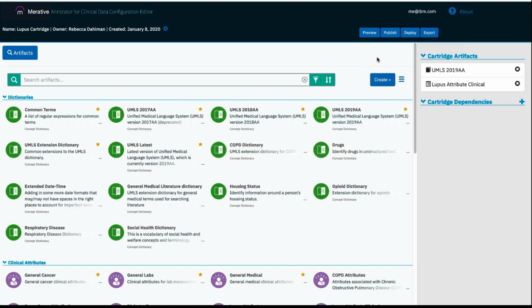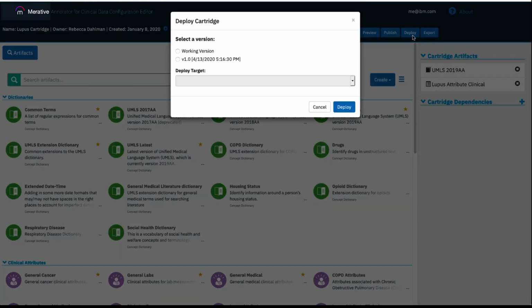Now that I've published, I need to deploy this version out into my production instance of ACD. Again, the deploy button is in the top right next to publish, or if you are on the main cartridge page, it is also in the cartridge information. Selecting deploy pops up a modal where you're able to select what version of your cartridge you are going to